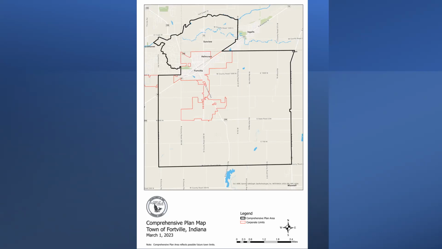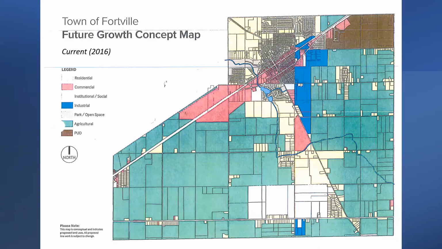And as far as the area, specifically what I'm talking about, if I look at this red area and the zoning on this growth concept map, the biggest concern I have is right here in the middle, in this longer stretch. That's industrial zoning. Well, that's where we're planning to put that industrial park.